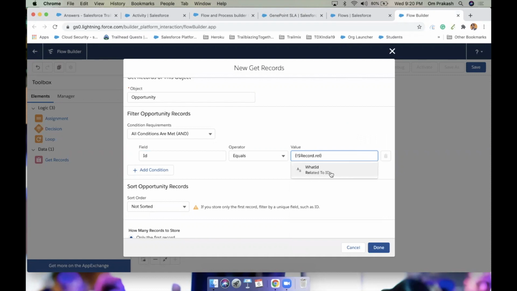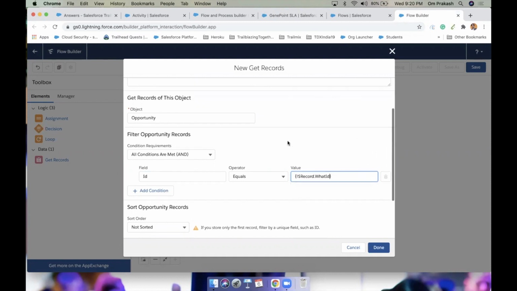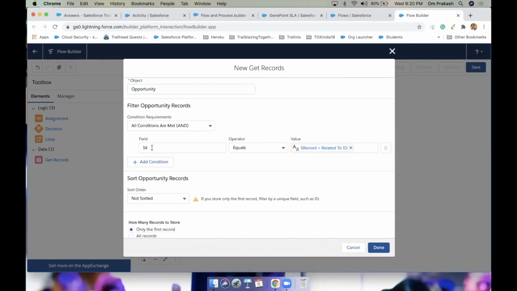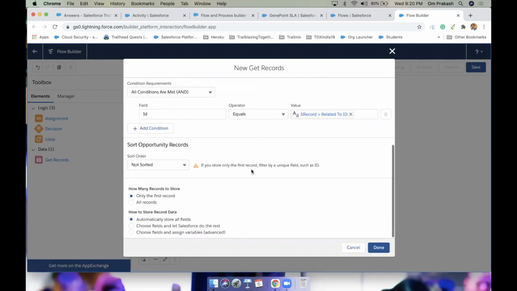Related To ID is the label and What ID is the API name. So let's choose this. We are going to search the opportunity where opportunity ID is task dot Related ID. Done. And we only need the first record, so yes, choose this option. We need one record, and of course, since we have given an ID, it will only give us one record. This is good.